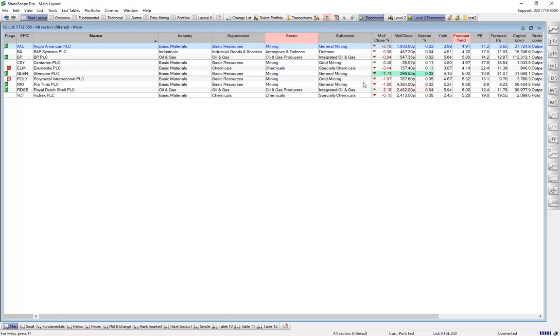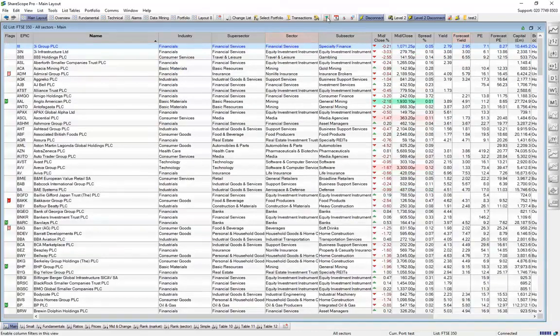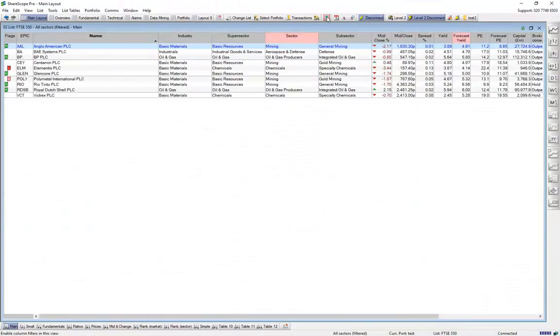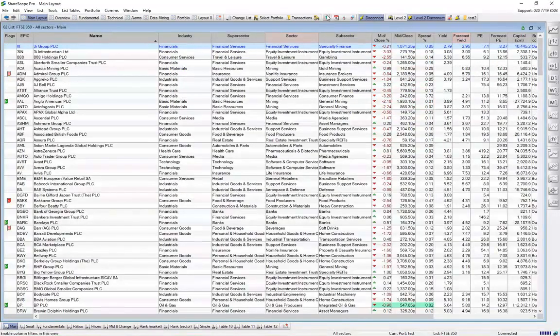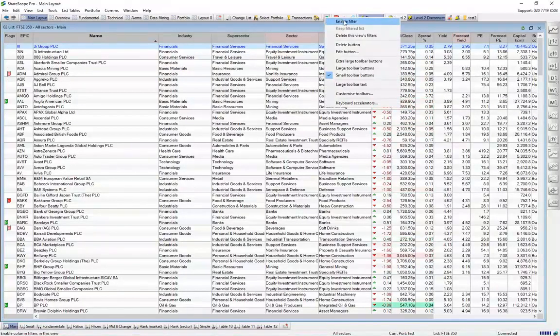You should have on your toolbar at the top an icon called Disable Column Filter or Enable Column Filter, and if you press it, it will switch off all the filters that you have on that column. If you press it again, it'll turn them all on again. If you don't have this icon on your toolbar, you can add it by right-clicking on the toolbar, selecting Customize Toolbars,